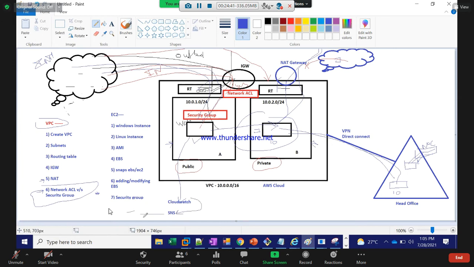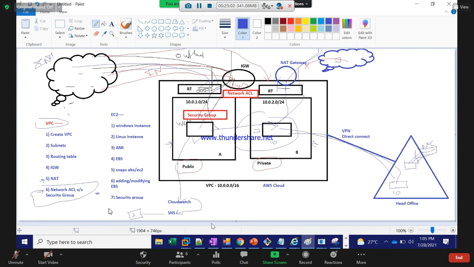Immediately you will get an email or an alert that this instance went down. So we have touched this chapter as well.